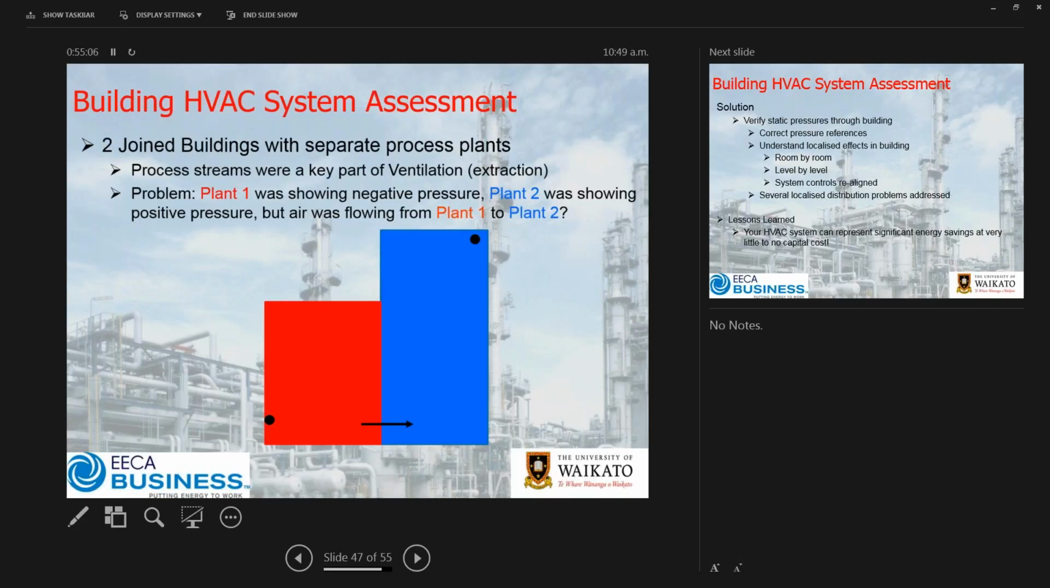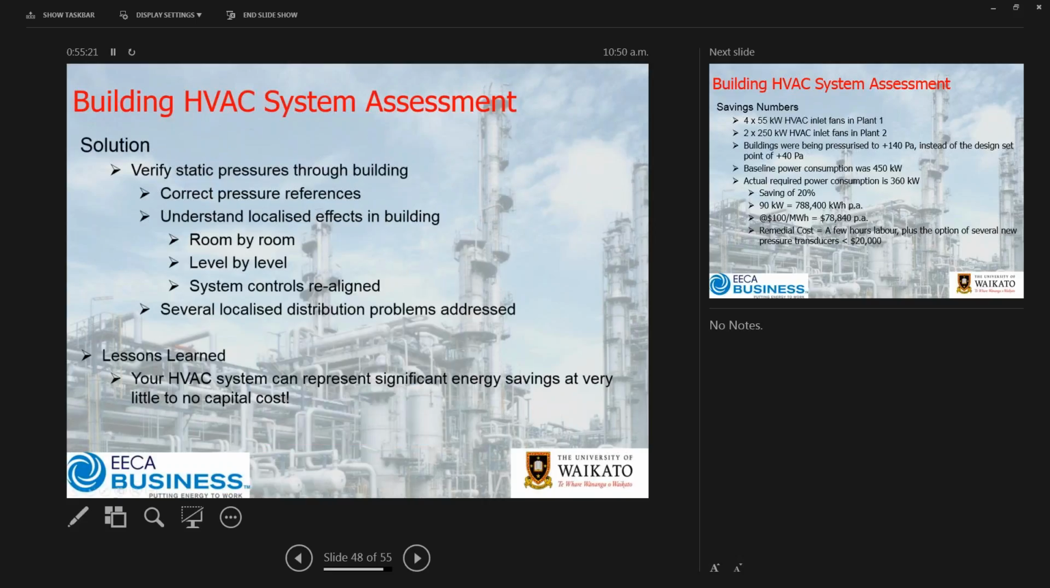It didn't make a lot of sense, but there was a concern because, being a ventilated plant, they needed that ventilation from a product and process quality point of view to actually be in positive pressure. And so the challenge was, of course, we needed to establish what was actually going on. So step 1 was actually to verify the static pressures through the building. And what was actually discovered, if we go back to the